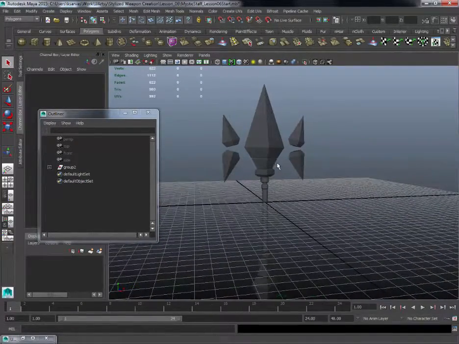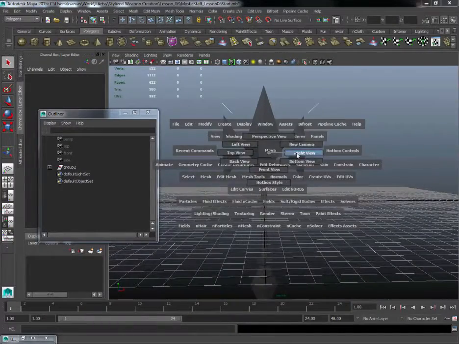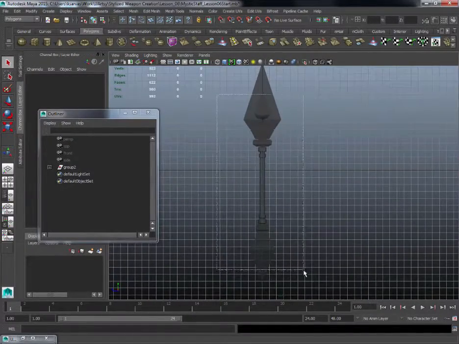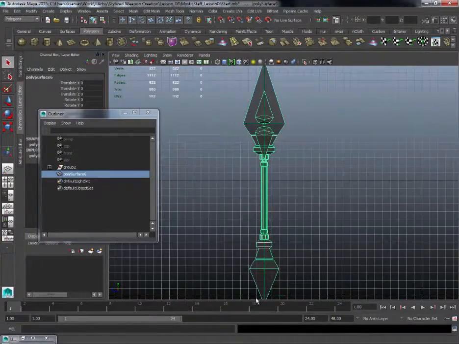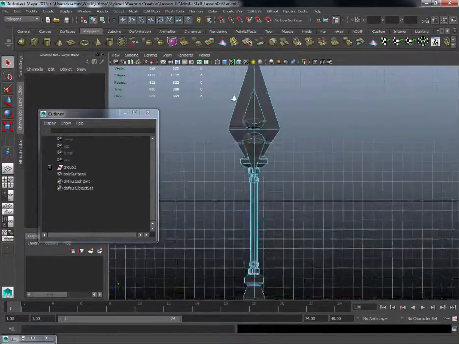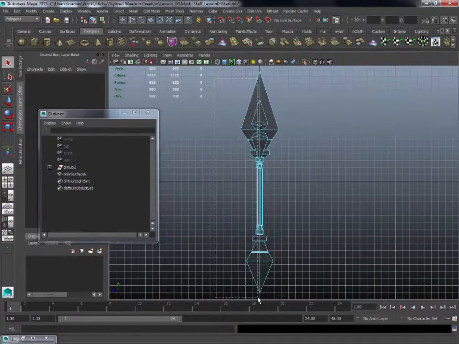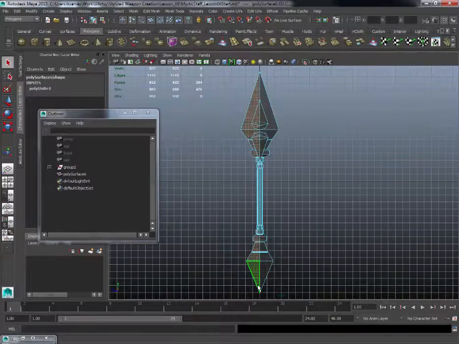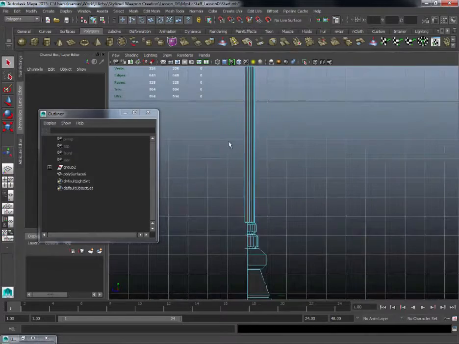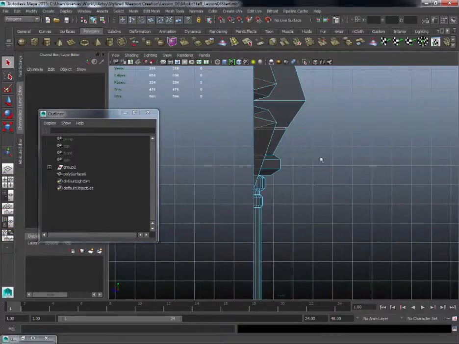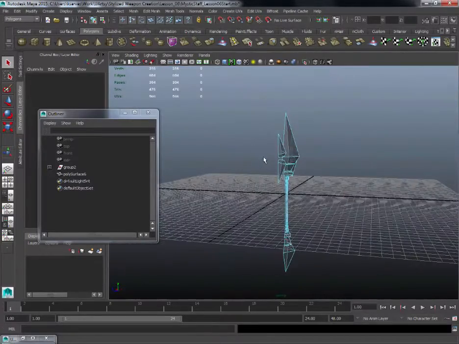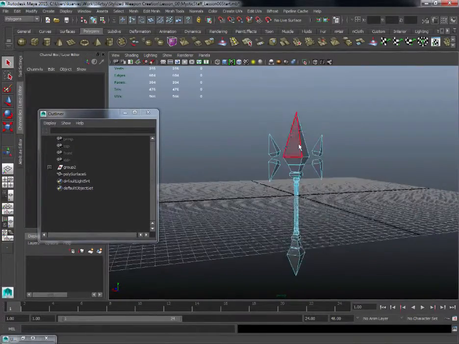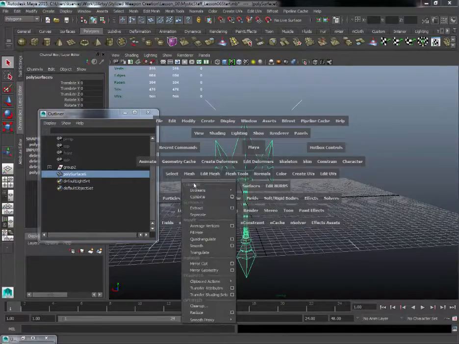So I will hit spacebar, go to the right-hand view. I will next also combine all these objects to make it easy for me to then just delete one half. I will then go to face, and try to get close to that middle axis, that middle line. Hit backspace. See that I'm going to have to go in a little bit. Zoom in a little bit to make sure that all of those edges are deleted. And that should be good. So now I can just separate out this model again. So I will go to Mesh, Separate,